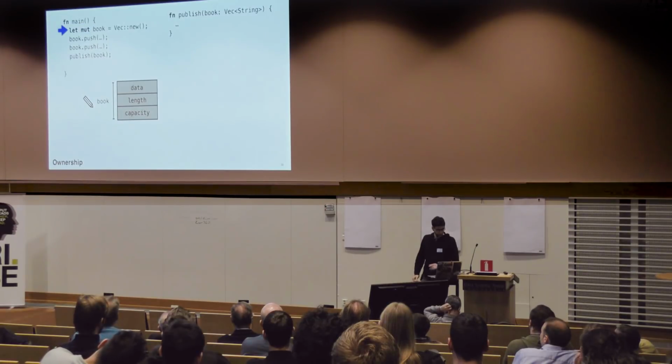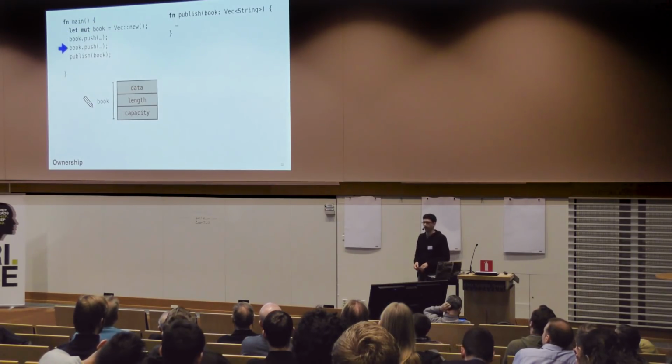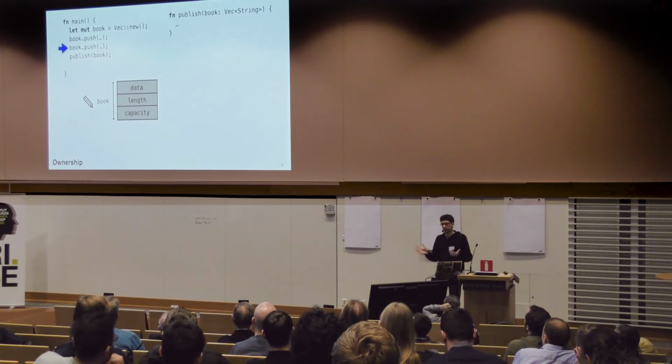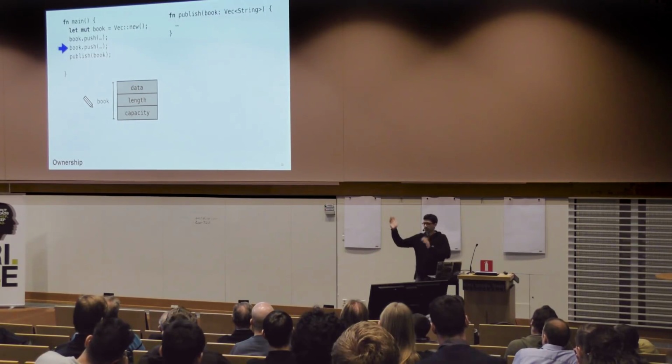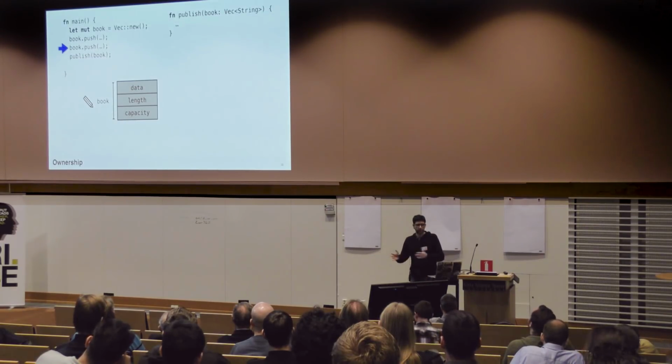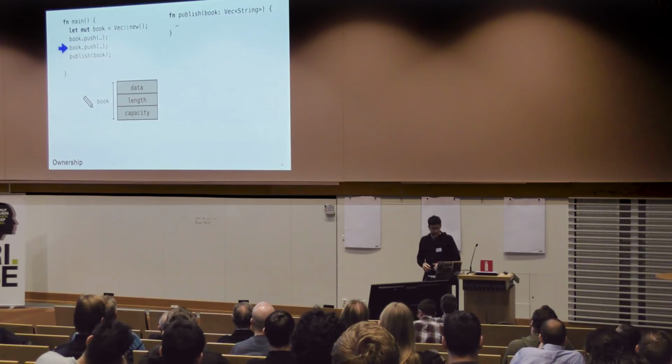And in this case, the mutations we're going to do is we're going to push onto the vector. So that means we're going to add things at the end, right? And this works just like a vector in C++ or Java. You have some backing buffer. It gets allocated. It goes on the heap. It grows when it gets too big, that sort of thing.